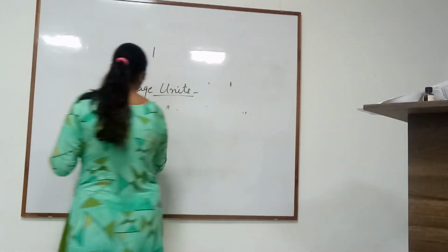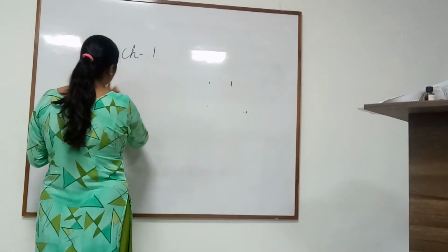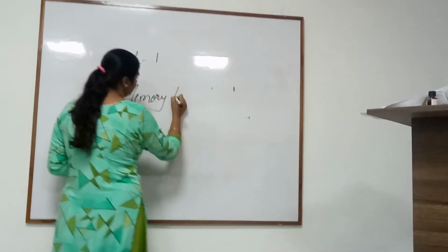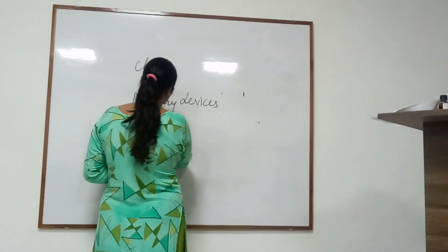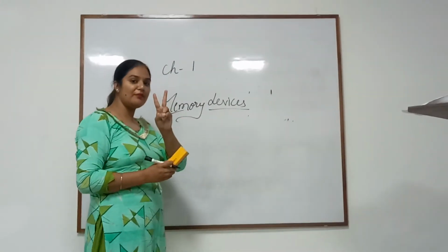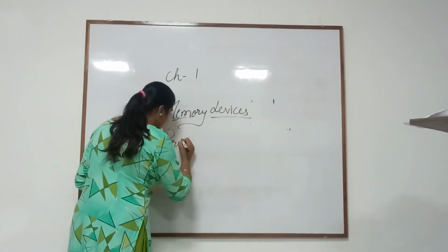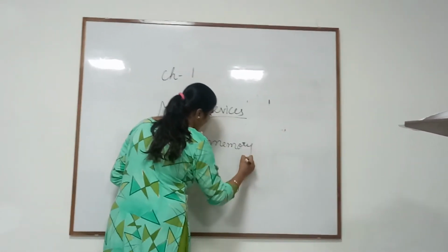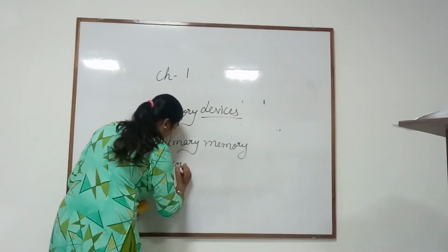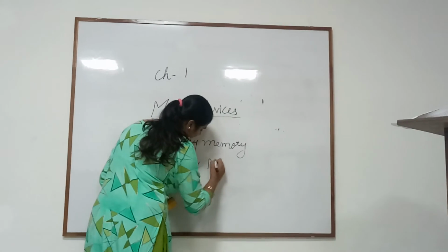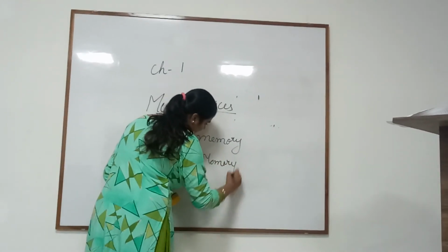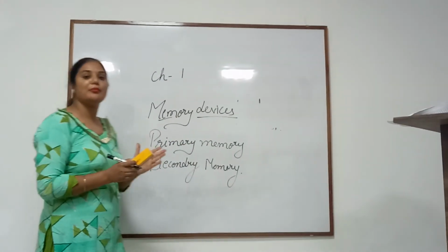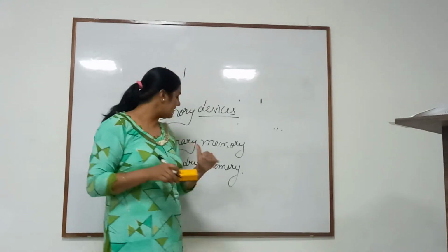Now let's move to the important task, that is memory devices. So basically a computer has two types of memory, primary memory and the next one is secondary memory. So primary memory is known as the main memory of the computer, which the computer has itself, and the secondary memory,